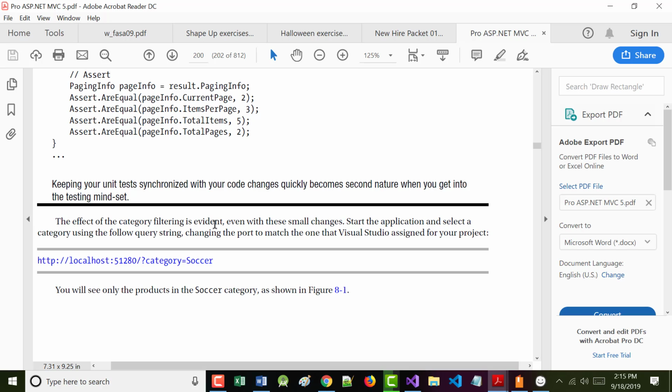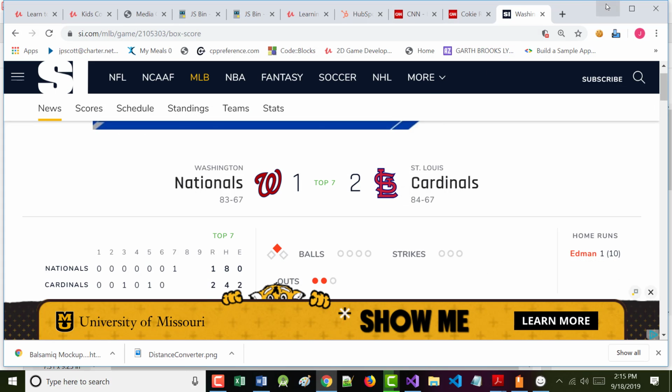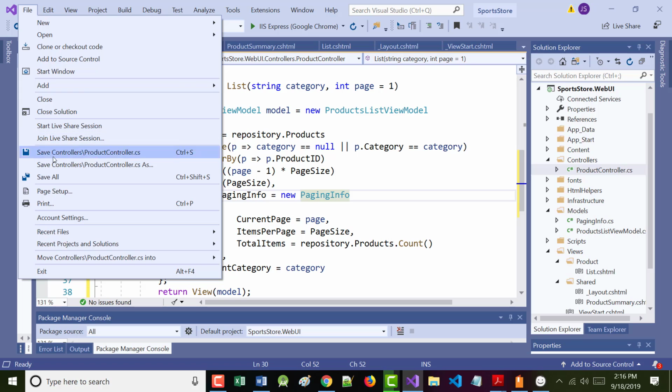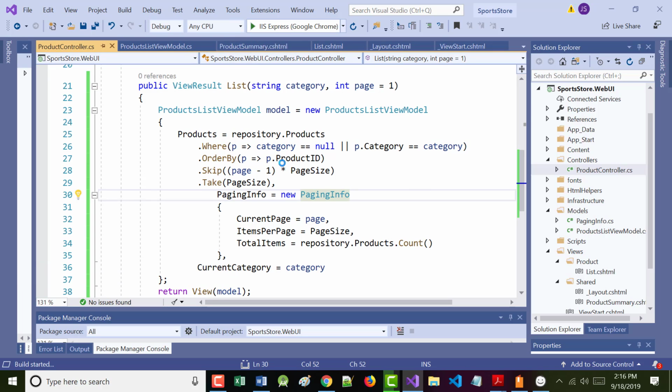So the author says the effect of category filtering is evident even with these small changes. It says start the application and select the category using the following query, so question mark category. We're going to try that in just a second. It's by no means complete yet, but I'm going to do a file save all and then run the program.